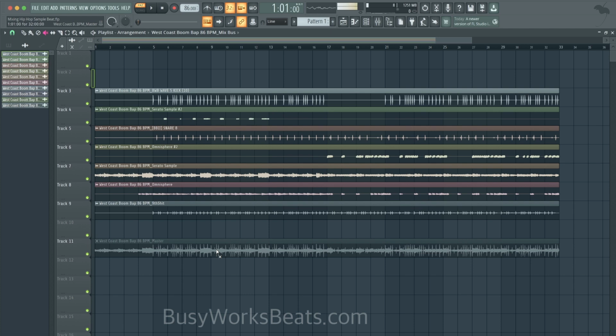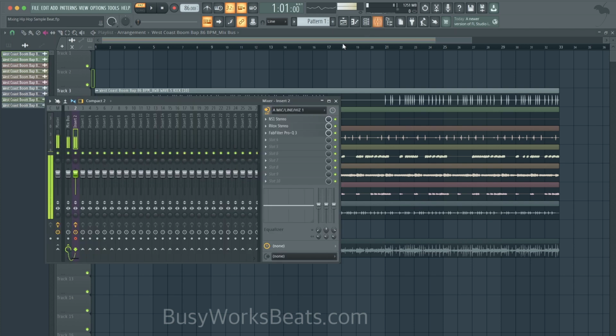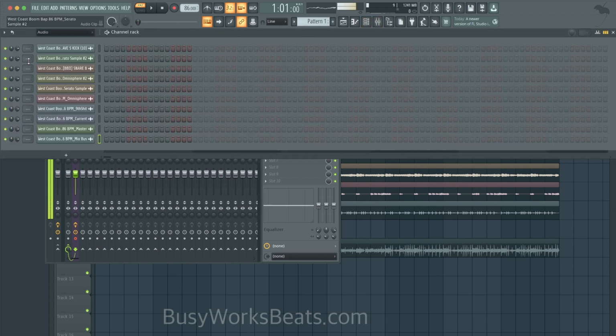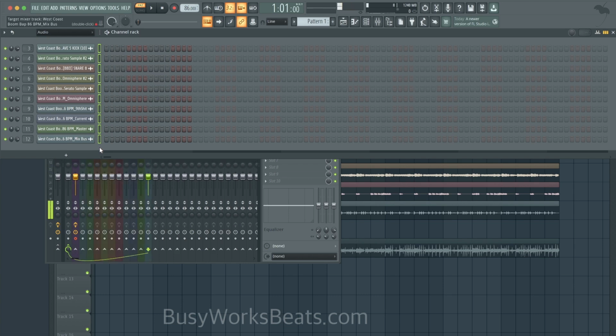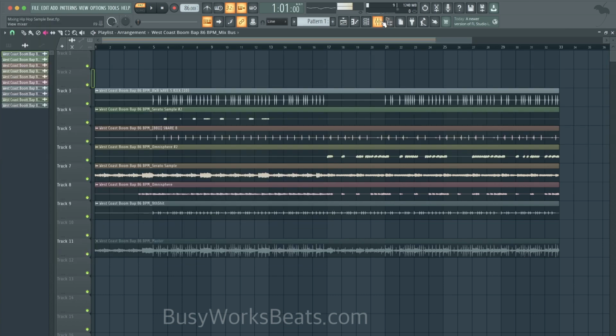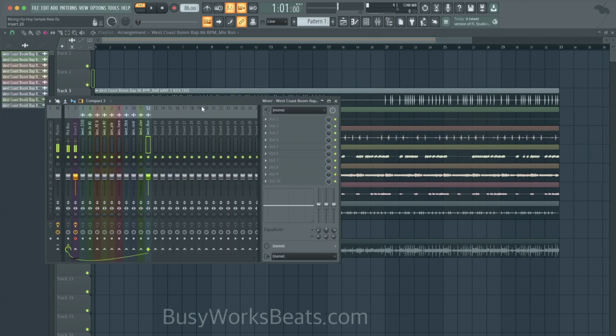So how do you export stuff for mixing? For mixing, you want to go to your mixer and make sure that every sound, like right now this says dash dash, is sent to your mixer. Hit Control L to do that automatically. And you want every track in your beat to be on a channel, because when you go to export, it only exports the channels. So the stuff that isn't on a channel defaults to the master, and you don't have control over individual things if you don't separate the sounds.